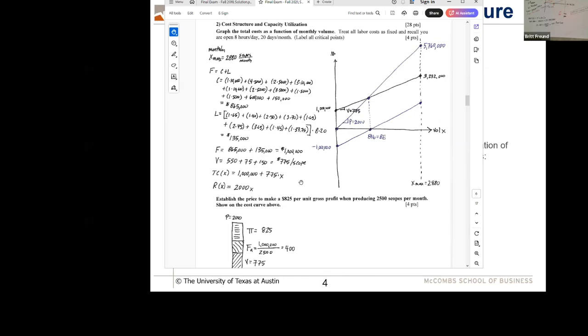So it's 5,760,000 minus 3,232,000. So it looks like in a great month where we maxed everything out, okay, I obviously didn't do that right, so hang loose. It's 5,760,000 minus 3,232,000 equals 2,528,000. Okay, so there you go.